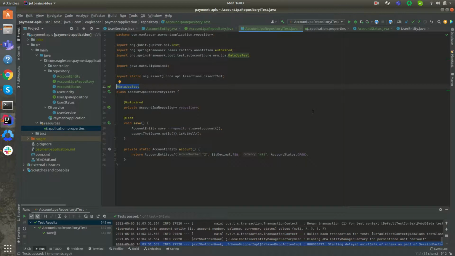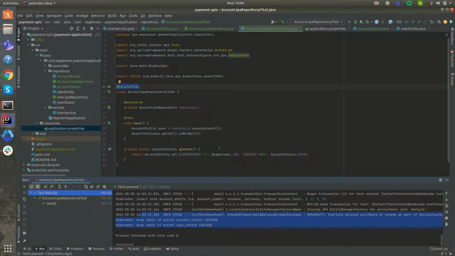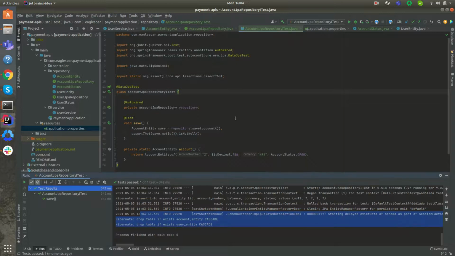I think another beauty is that it doesn't initialize the whole Spring Boot application. It will just initialize the things related to JPA, so all your beans which are JPA, and the entities only. It will not initialize your other services or controllers or something like that. So that's why it's quick. All right,